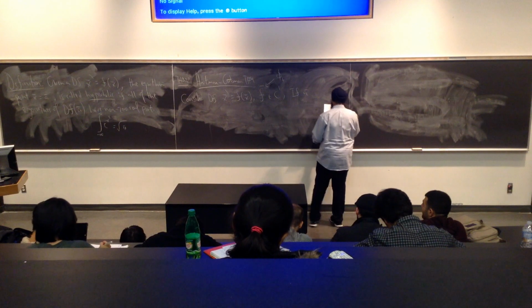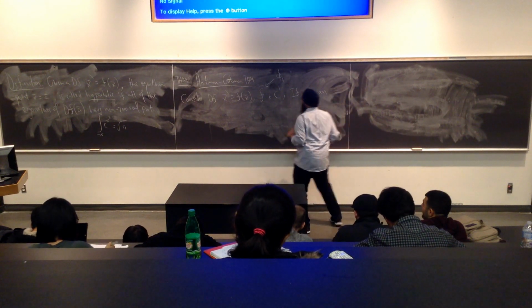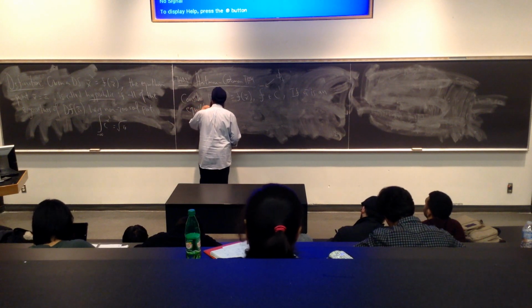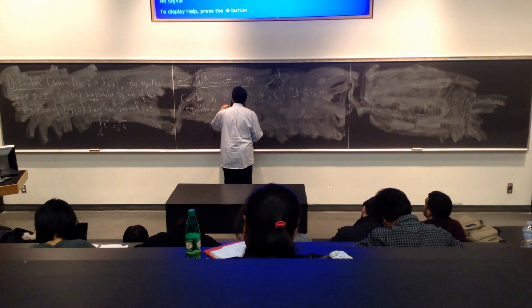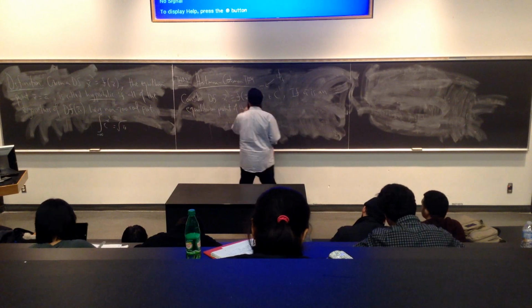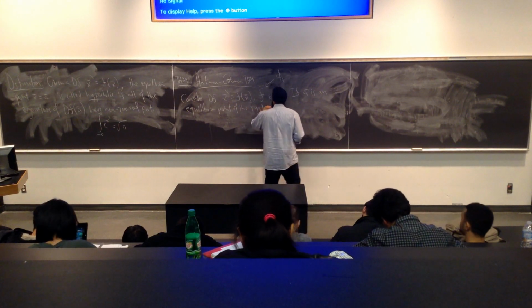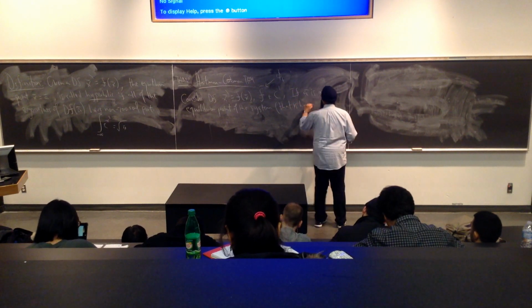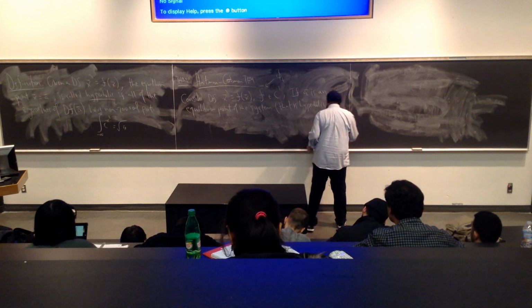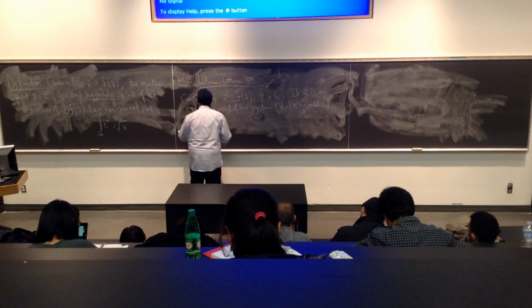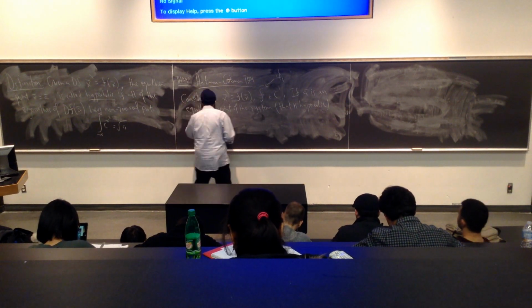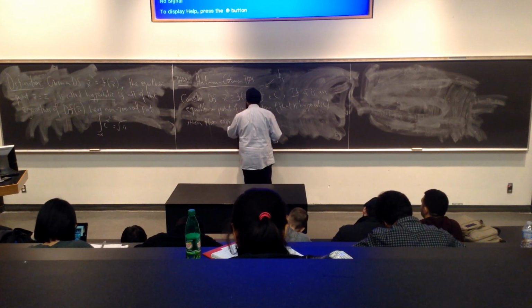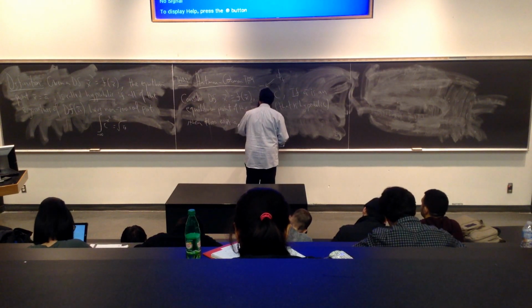So if A is an equilibrium point of the system that is hyperbolic, then there exists a neighborhood,